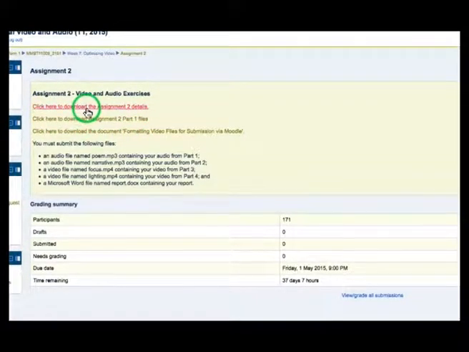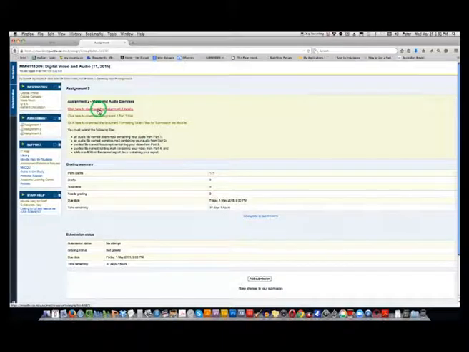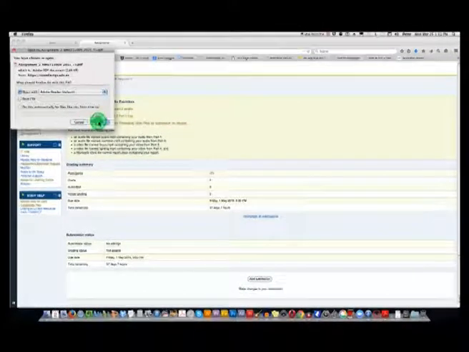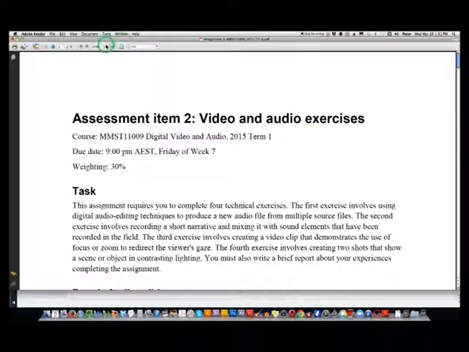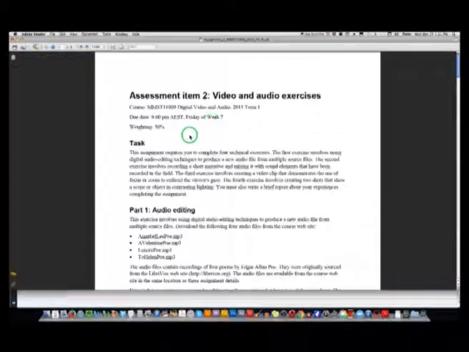So I want you to read this that's up here, and I'll have a look at it now. Then I'll show you how to download the poems. So I'll go here, have a look, open. So this is the assignment.